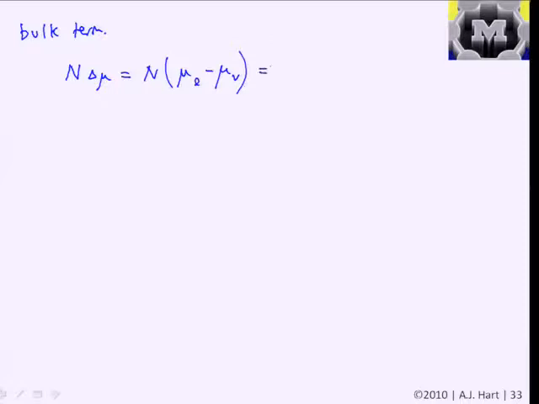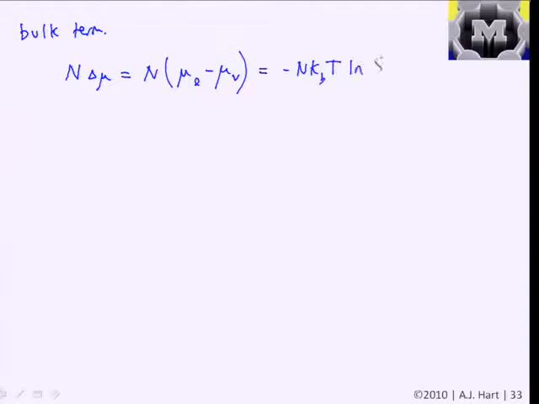And we're going to define that this can be equal to a relationship which relates the temperature and the pressure of the system to the chemical potential. And this is assuming that we have an ideal vapor, or essentially an ideal gas of our precursor in the system. And so we'll say that this is equal to minus n times the thermal energy, Boltzmann's constant times temperature,